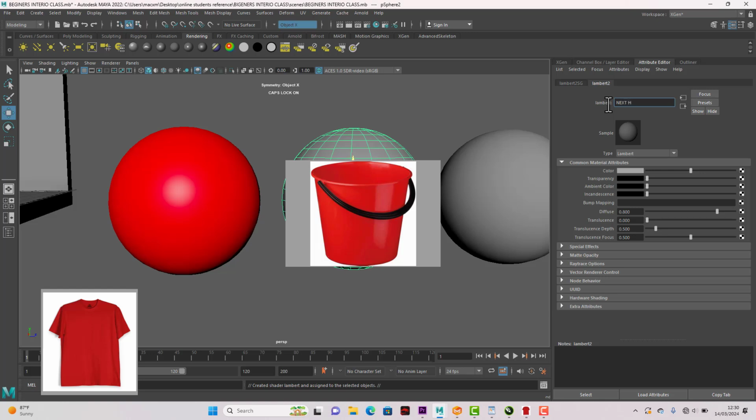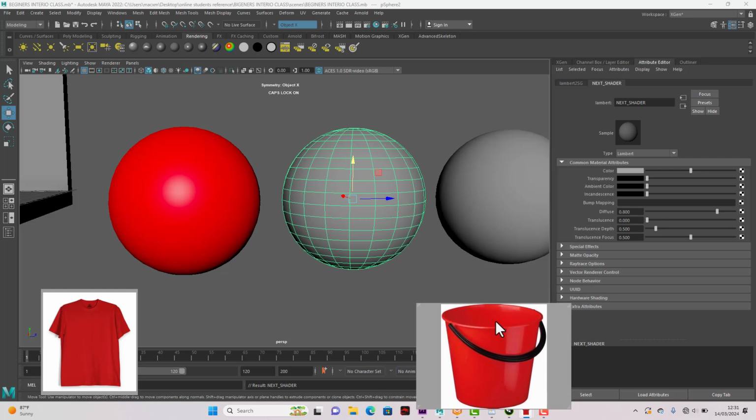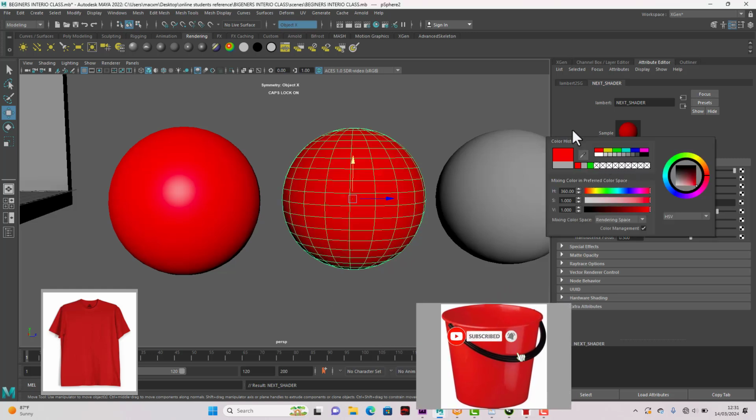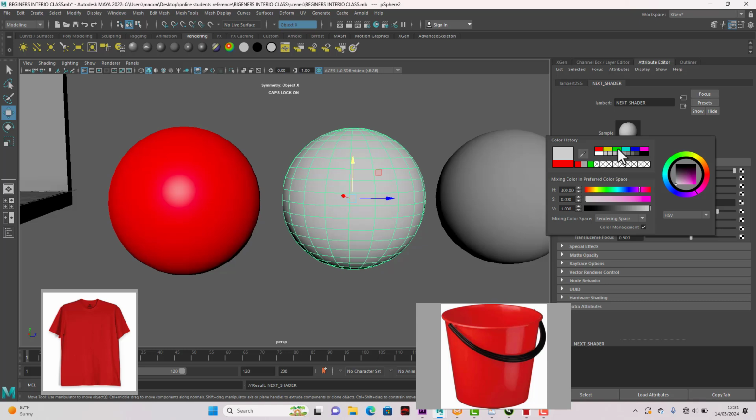So you can rename it with anything you want to. I'm just trying to show you how to rename this. Okay, all right, so with this Lambert, let me dot this guy. I can also change the color to red, but I want to show you something here. You can change the color to anything, but I'm just giving it red to break down certain